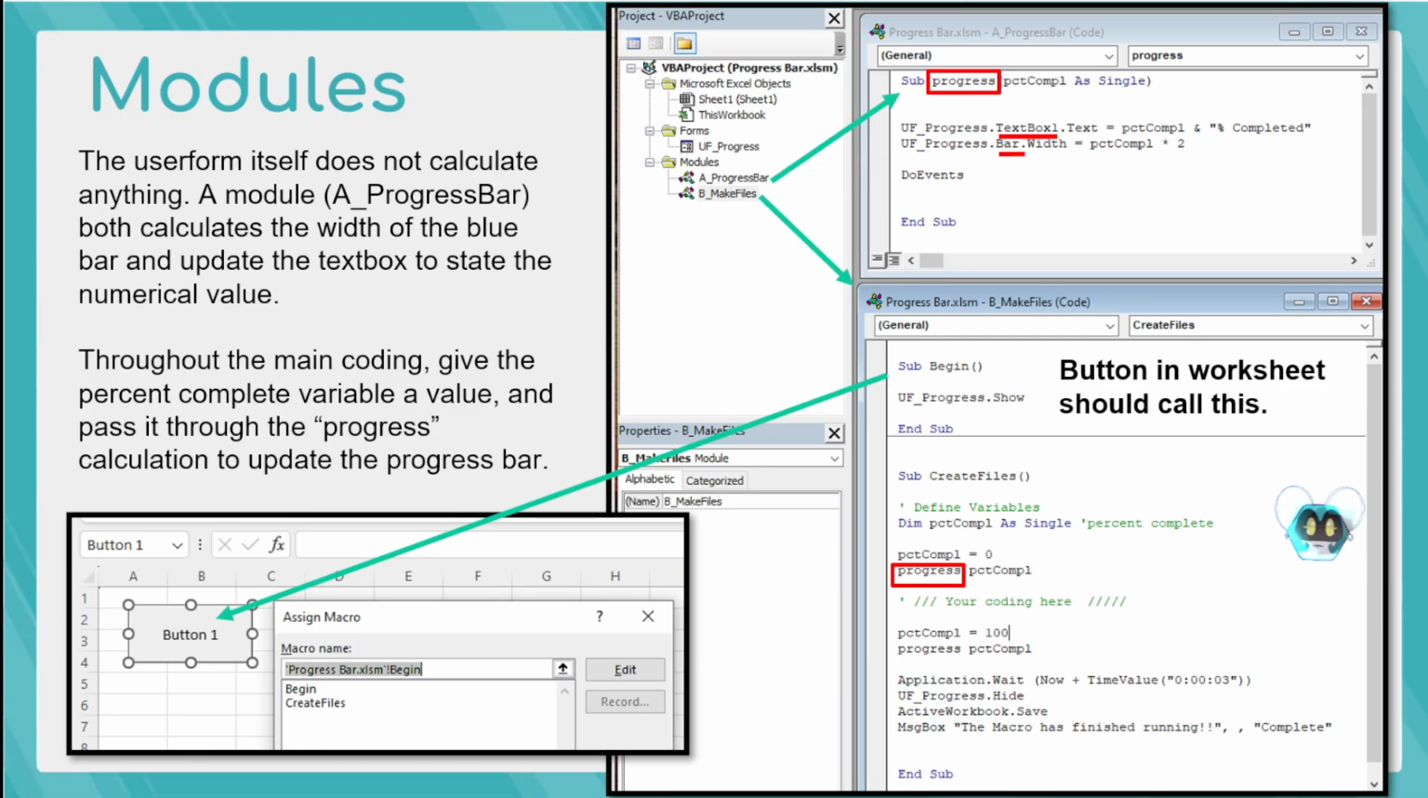You are going to define a variable, this PCT COMPL. This is just percent complete abbreviated. As with all variables, you can put in whatever you want. So as your macro is running, you can give it a value. So you can say the percent complete is 0, percent complete is 10. And as you give it a variable, then you want to execute